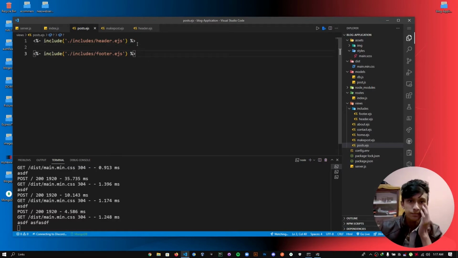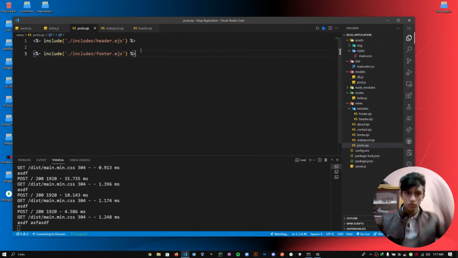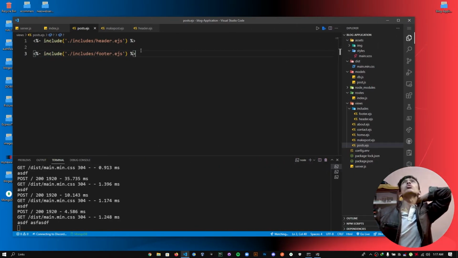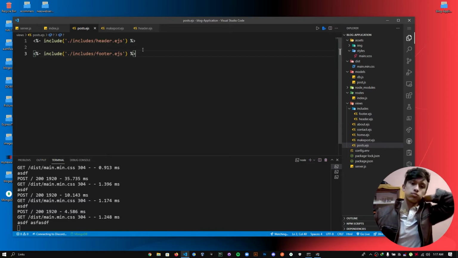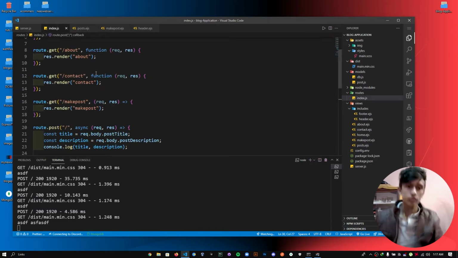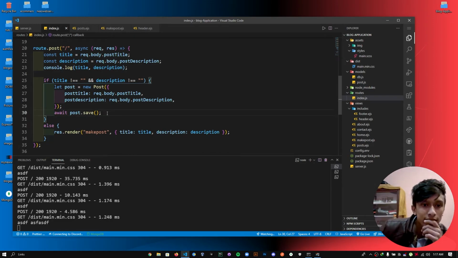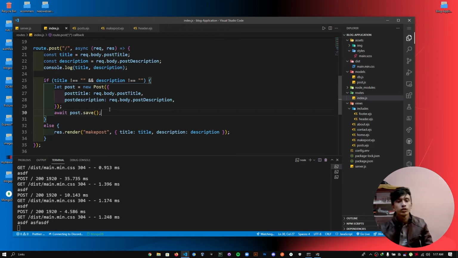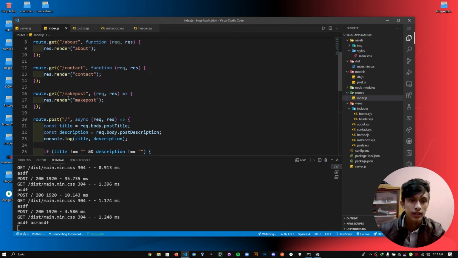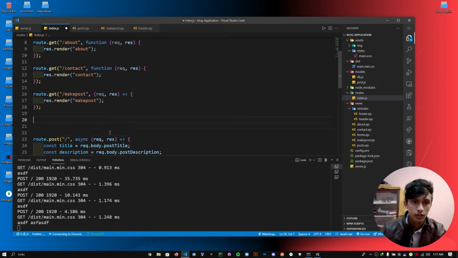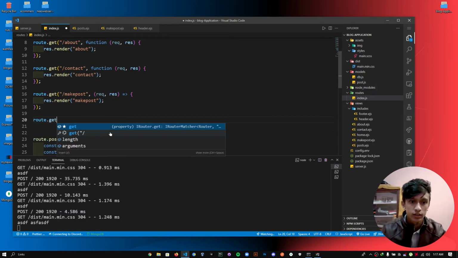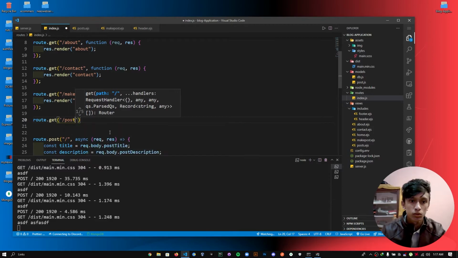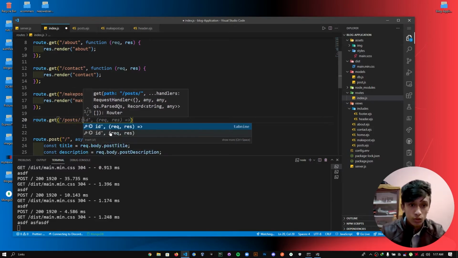footer.ejs. Okay. So now what we need to do is, in post.index.js, after we save this, we need to send it to that particular page. So what we need to do is create a new route. So route.get, and then I will create /post/ but we need to create here something called